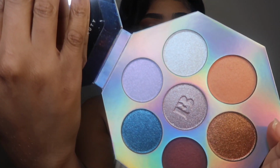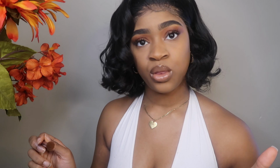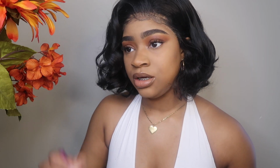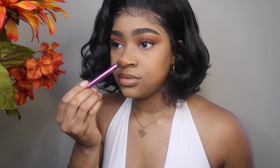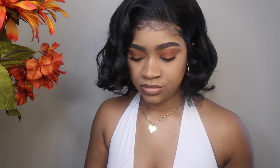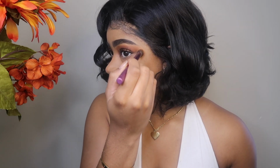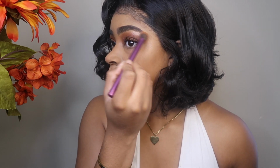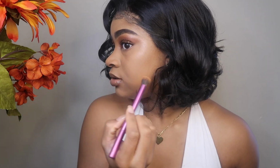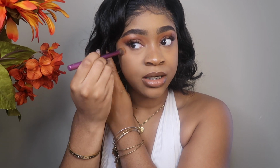Okay, we're gonna see what this highlight is talking about. What color do I want to use? I think I'm gonna use this orange shade. I'm gonna take the orange right here and then up into my brow bone lightly, because I'm really not into a highlighter anymore. But